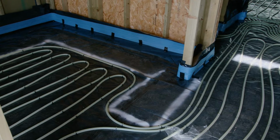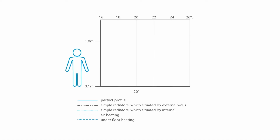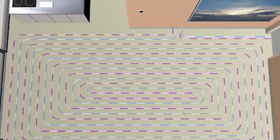Underfloor heating has several advantages. Firstly, it's highly energy efficient as the required leaving water temperature is much lower compared with other types of heat emitters. It's also wonderfully comfortable as the heat is produced uniformly throughout the space and distributed upwards from the bottom of the room, so the floor is warm underfoot. Underfloor heating is also completely quiet and space-saving, as it avoids the need for radiators or fan coils, so it's